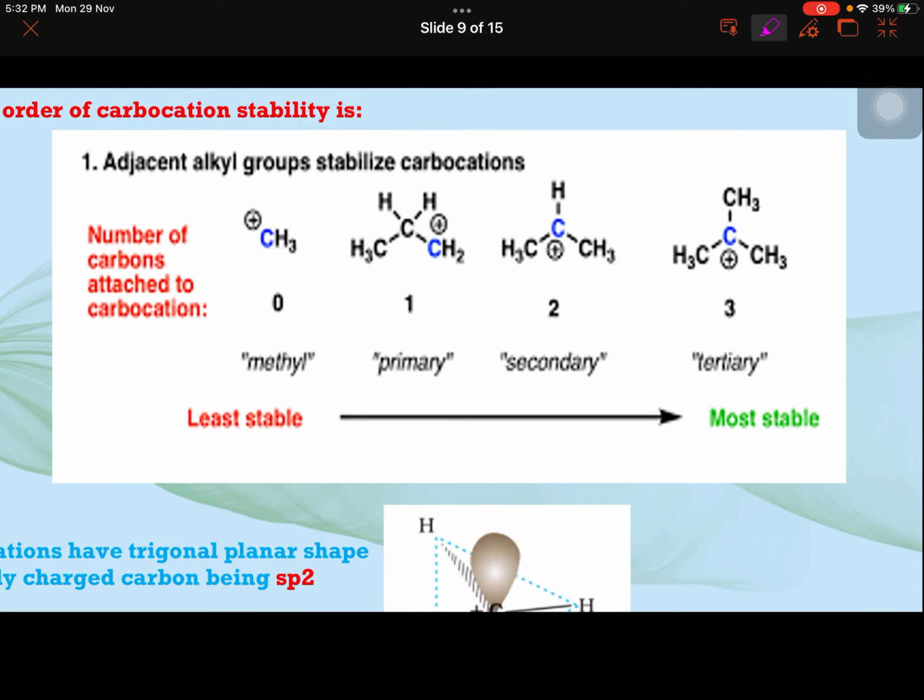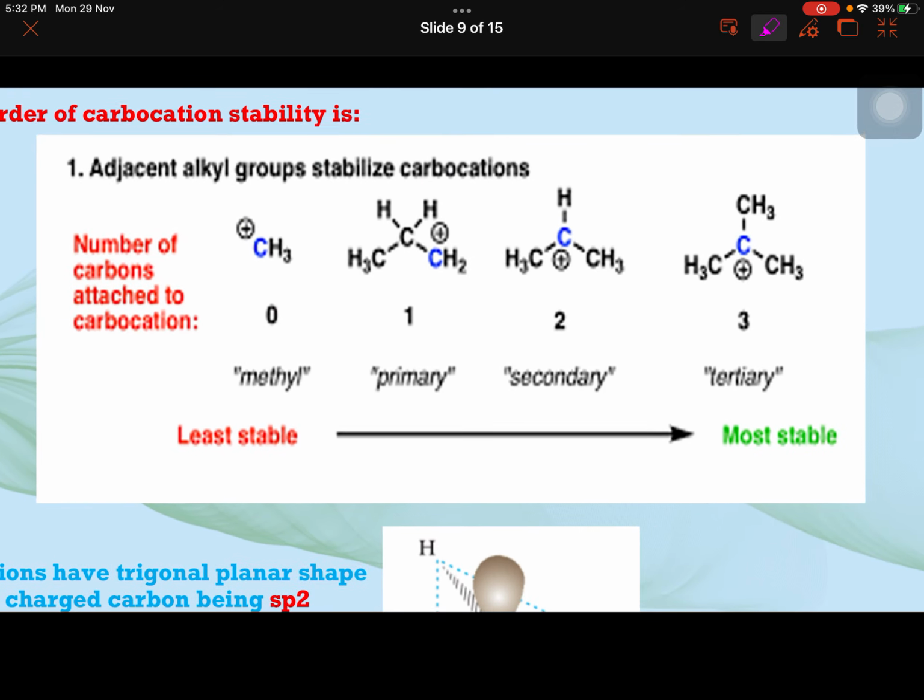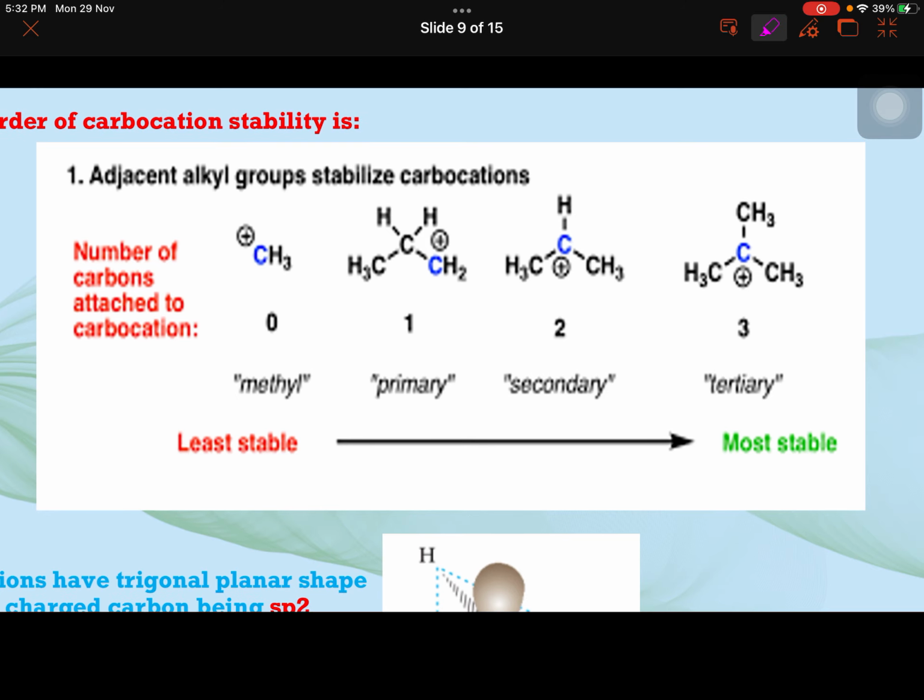Now the stability of carbocations. The stability of carbocations can be explained using two effects. One is inductive effect and the other is hyperconjugation. That will come in the upcoming presentation. So we'll be doing the details there. But to give you some idea of how to quickly decide. This is methyl. So generally they don't put it in any category, and in some of the books you will find they are calling it primary. So this is a specific example, methyl. In general, primary, secondary, tertiary, depending upon how many carbons are directly attached to the carbon having a positive charge.